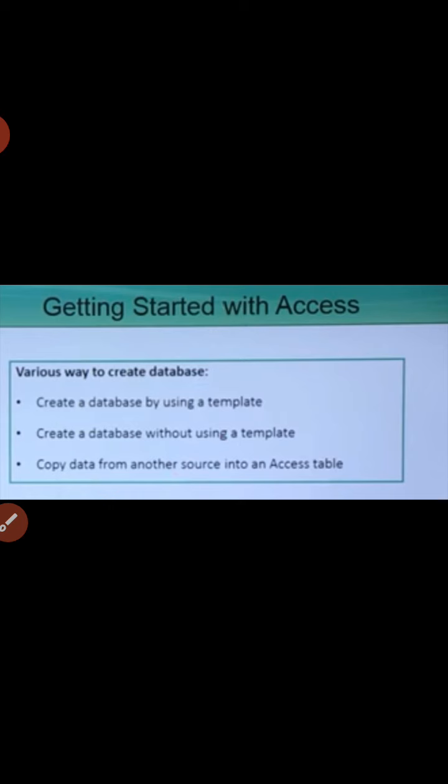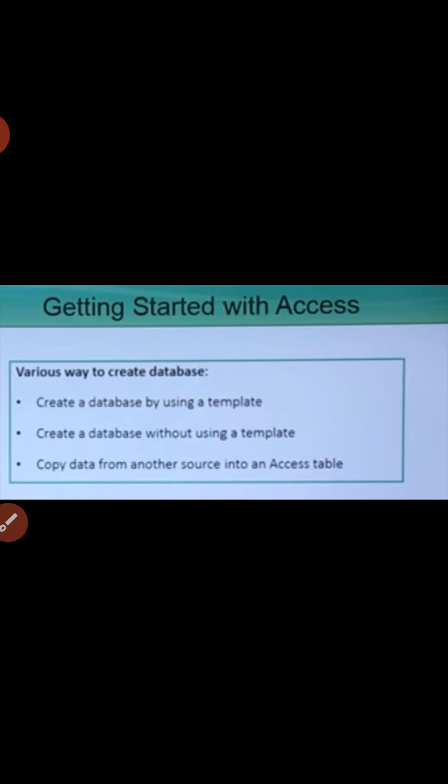Next, we can create using template. Next is without templates. And the last one is database in which we can take the source from any other source. So in our course we only have to see how to create a blank database in MS Access.